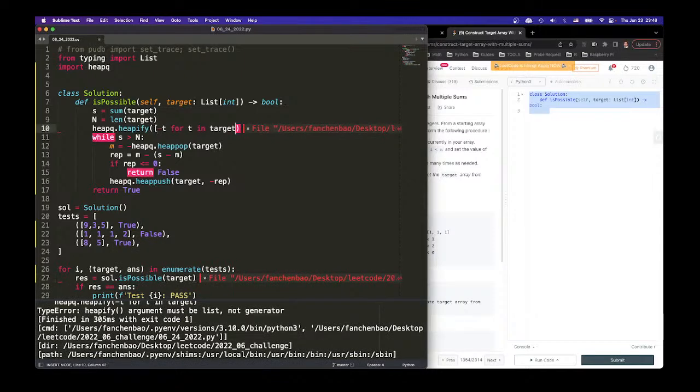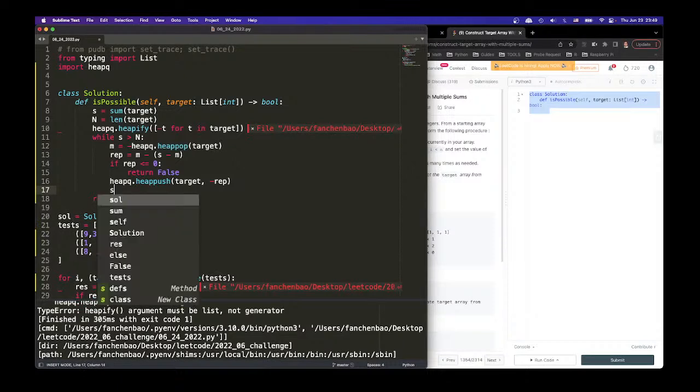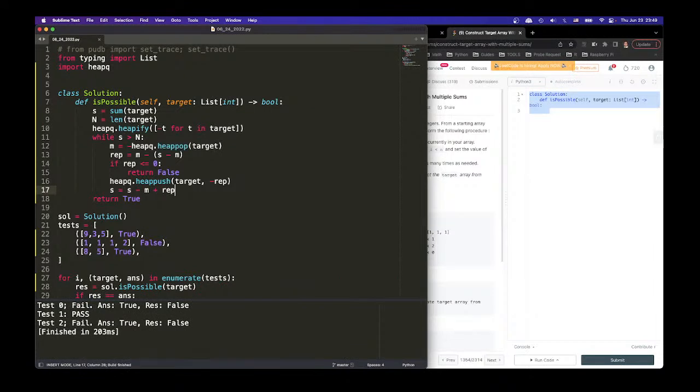We just need to do this. Didn't hurt anybody. Oh, did you change S? I did not change S. All right, so we got the rep, and now we push the rep in, and S needs to equal S minus M plus rep. Ooh, that was ugly as hell. All right, let's see what happened. What do we need at this point? Well, at this point,